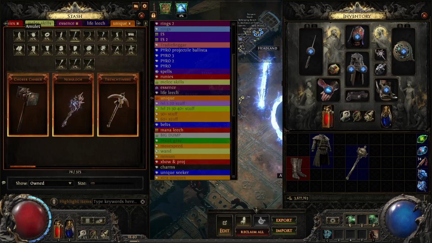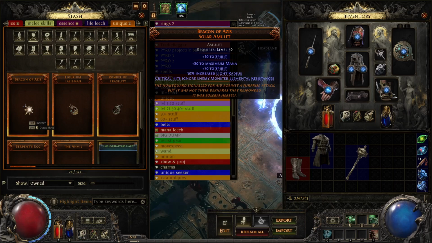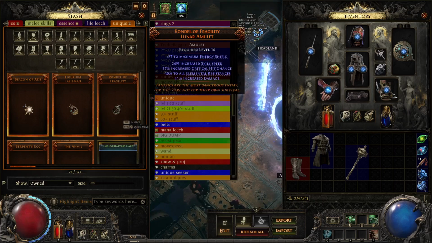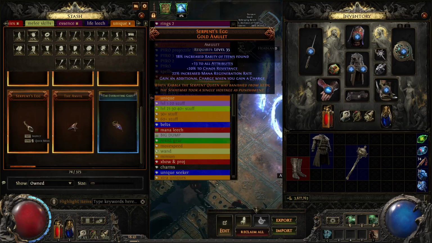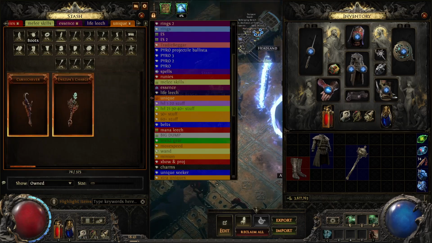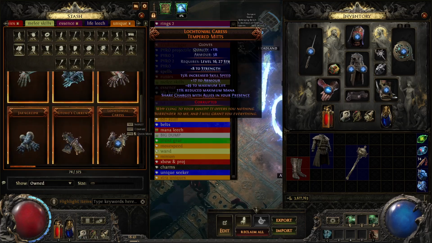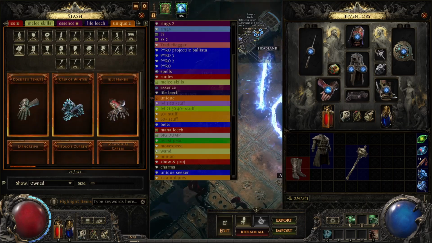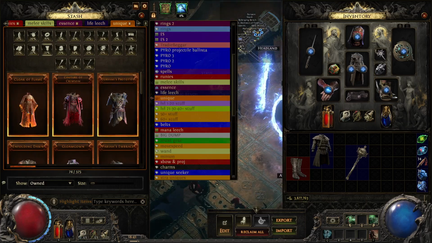This is all... critical hits, I don't care about. And resistances, I ruined this with corruption by accident. This could be interesting, but I lose the spell skills, so I probably wouldn't. Charges. I like these gloves, but I don't know what else I would use. I got a bazillion